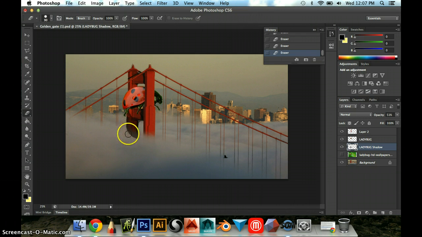Doing that, and so when I turn the opacity back up, the shadow, now I understand that the shadow right now looks ridiculous and it's too harsh, so we need to fix that. So that's what we're going to do next. We're going to go